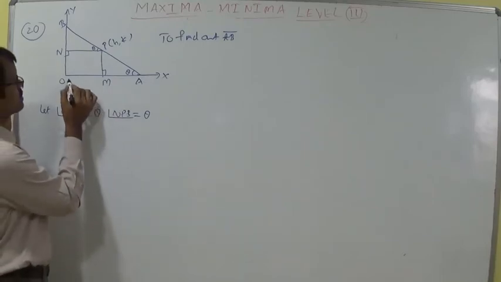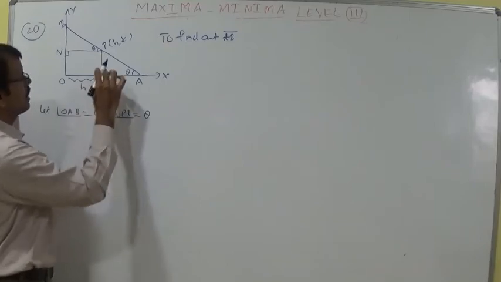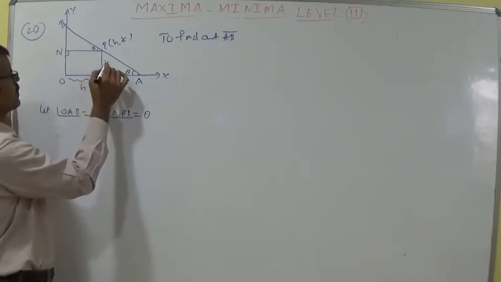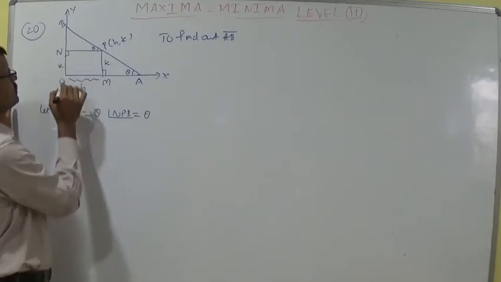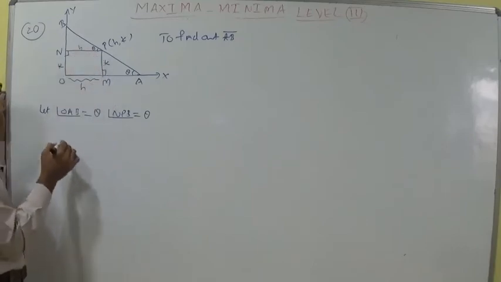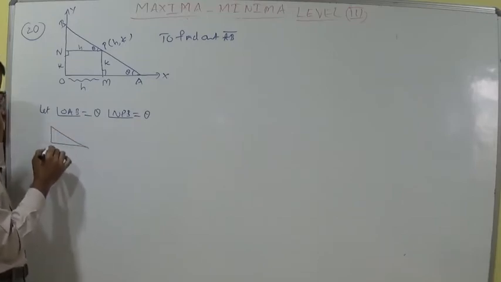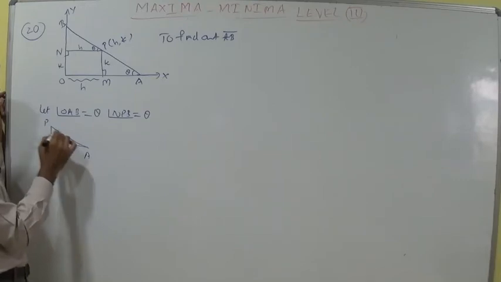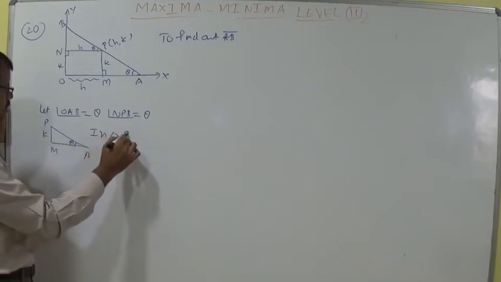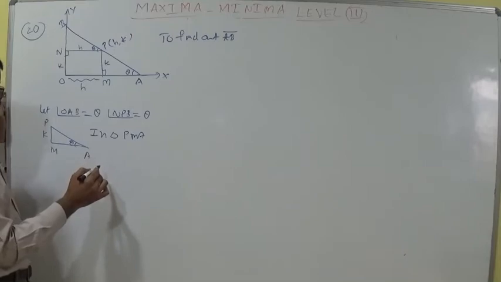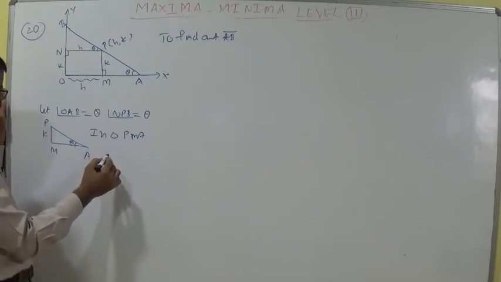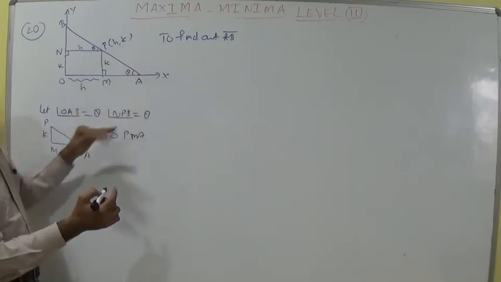Now let us discuss. You know that this is H, because this point is H units distance from the origin, and this is K. This is also H. In triangle PMA, this is A, P, where the angle is theta, and this is K. In triangle PMA, let us discuss cos theta, AM by K. If we write this as AP, because he is asking AB, better to write AP.